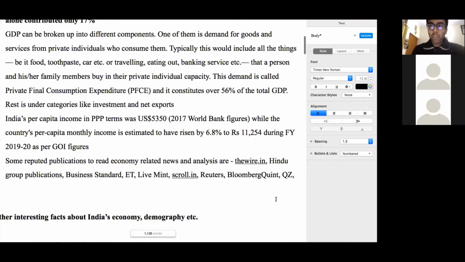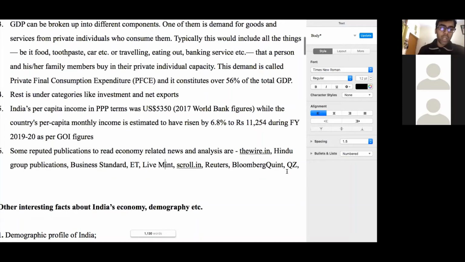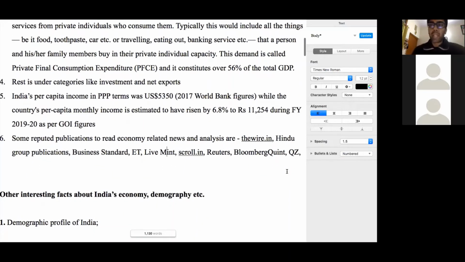See, again, let me explain to you. Compared to India's own performance in the last 20 years, India has moved towards consumption more and more. And that is going to happen for any emerging economy as it moves towards becoming a developed economy. So yes, there are certain economists that say that India is now a consumption-led economy. There are no international rules or technical criteria which state that if so and so percentage is there, then so and so country is going to be called a consumption-led economy or an investment-led economy.